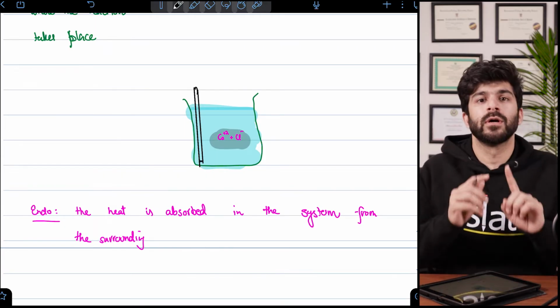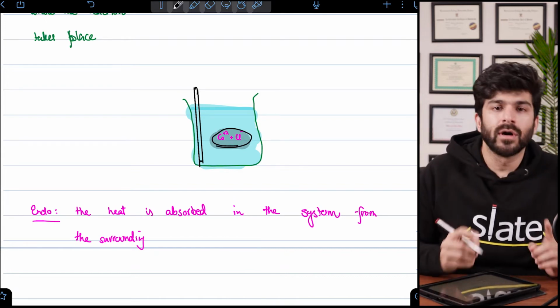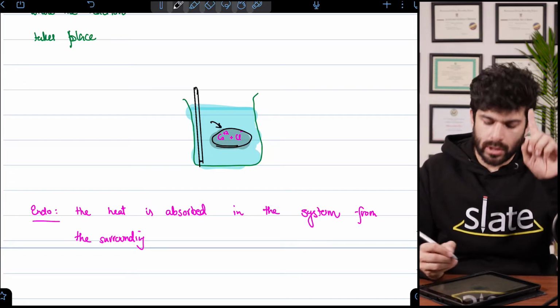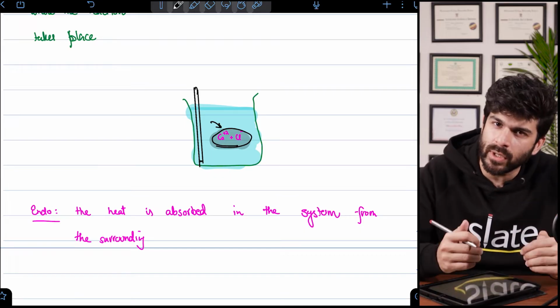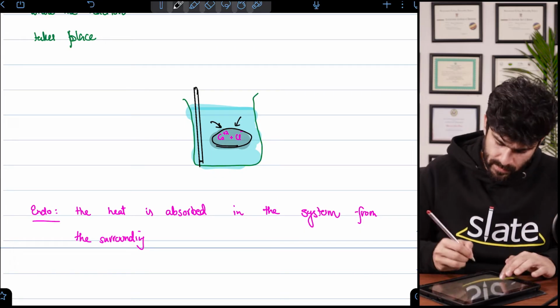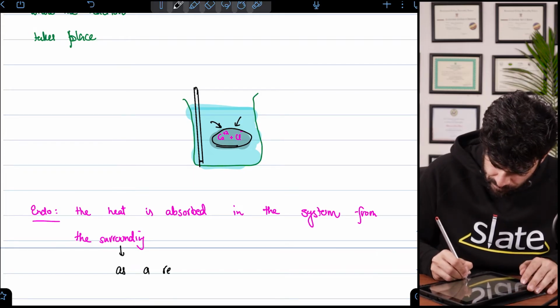Now, in the case of endo, this system got the heat. The heat entered here. So there will be a drop in temperature of the surrounding because the surrounding gave its own heat to the system. So as a result,